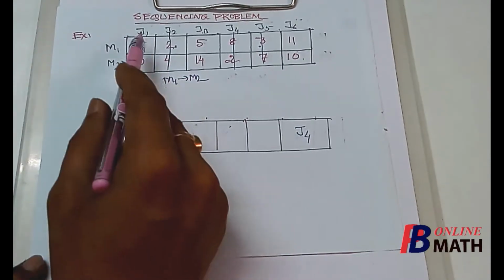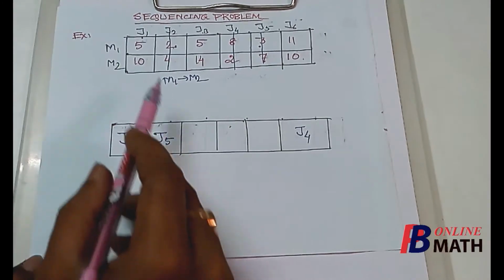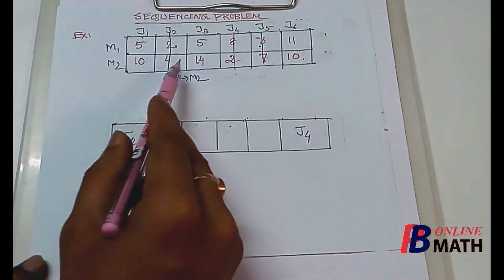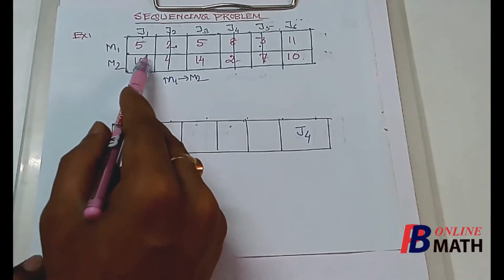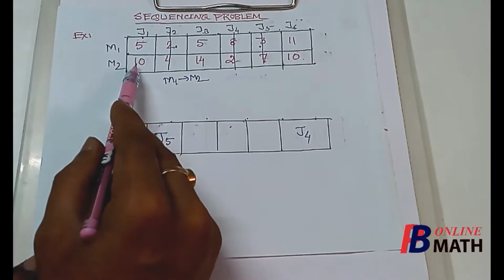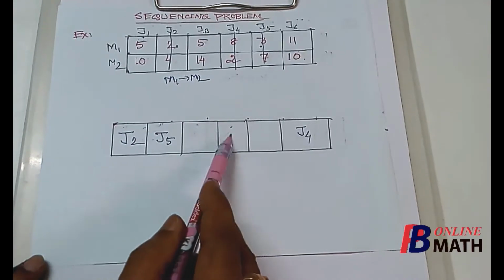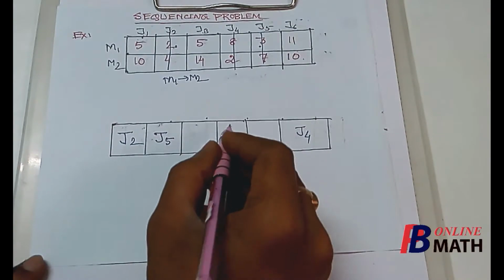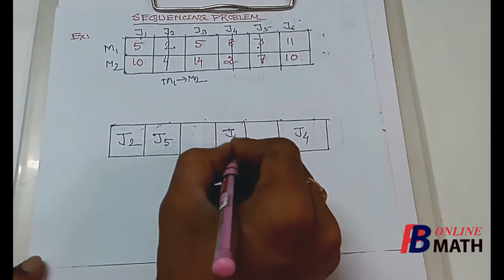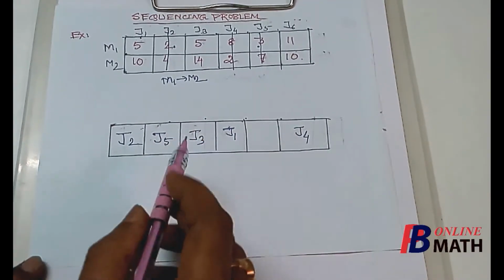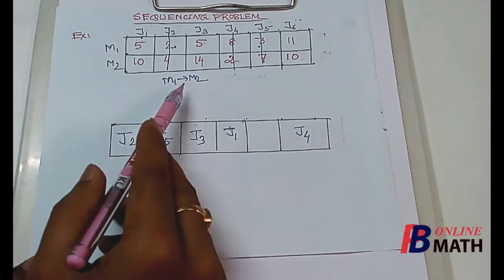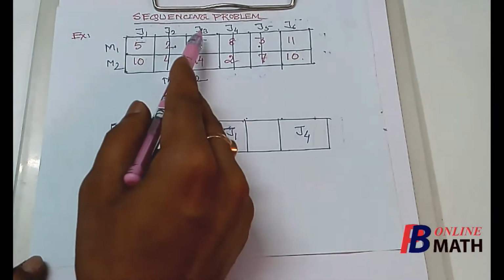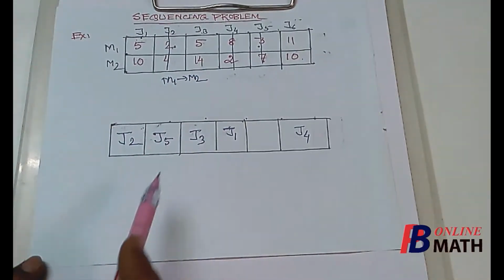Here we find that out of these two jobs, these two jobs will be put in these two places. Out of which we find that the element in the second row is minimum for J1, because this is 10 and this is 14. So out of these two spots, this one will be put last. So we shall put J1 here and J3, because the corresponding element in the second row is minimum for J1. Therefore we have to put J3 first and then J1.